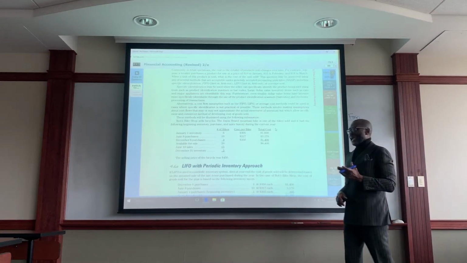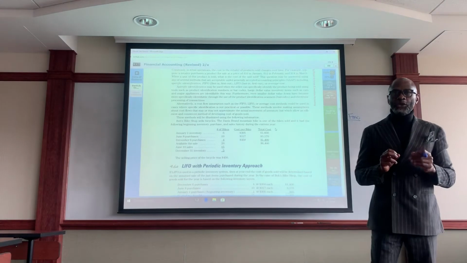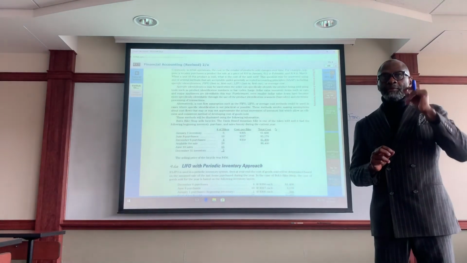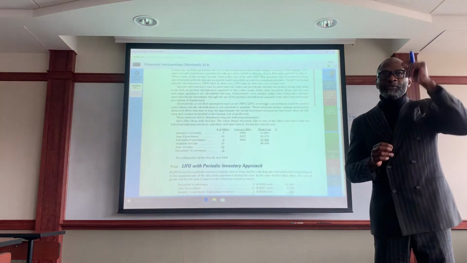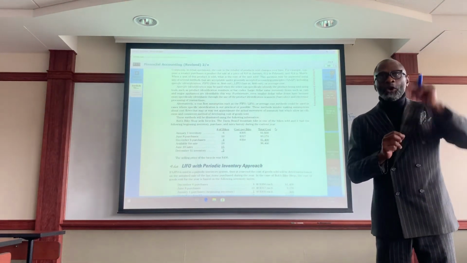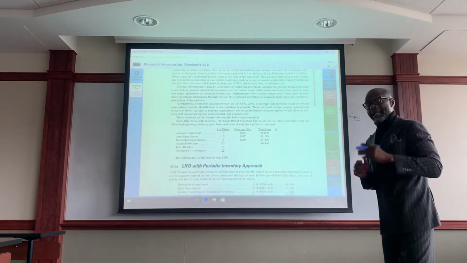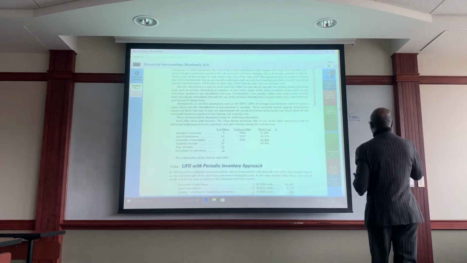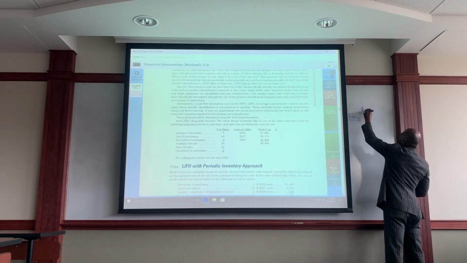So now we're going to take this same problem and we're going to calculate FIFO. I said to you, FIFO is first in, first out. Just try to remember F for first, L for last. LIFO, last; FIFO, first. FIFO says the first item in comes out first. And again, when you employ LIFO or FIFO, you have to know the number of units